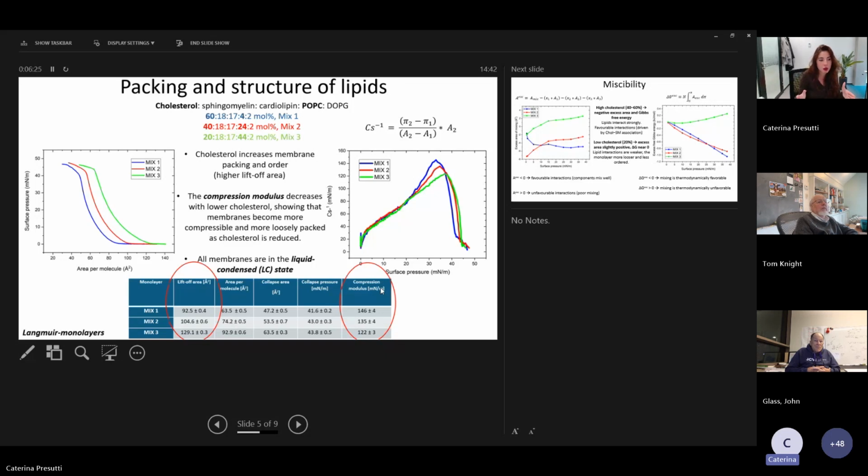Such rafts combine high acyl chain order with lateral fluidity and have been shown to be stable yet deformable to provide